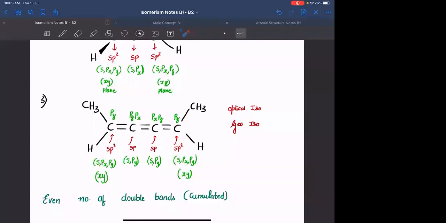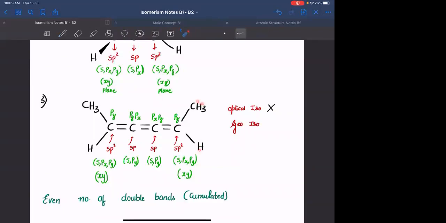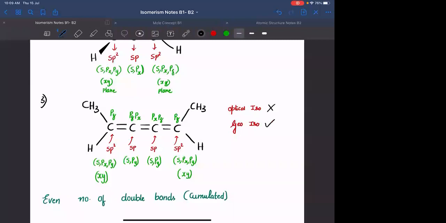Is that clear, everyone? Sir. So these 3 bonds are also in xy plane. So this is a planar molecule. If this is a planar molecule, can you have optical isomerism? No, sir. No. You can have geometrical, right? If I'm interchanging these 2 groups, यहाँ पे hydrogen होगा, यहाँ पे CH3 होगा. A distance and A distance अलग है. By interchanging 2 groups, you can form different geometrical isomers. Hence, there will be geometrical isomerism. Agreed? Okay.